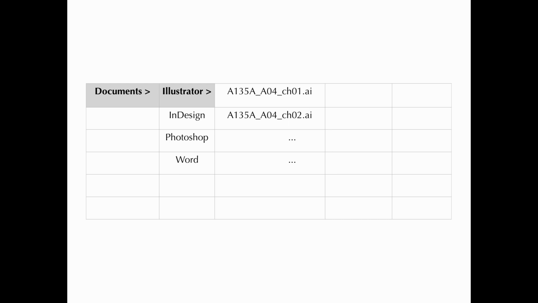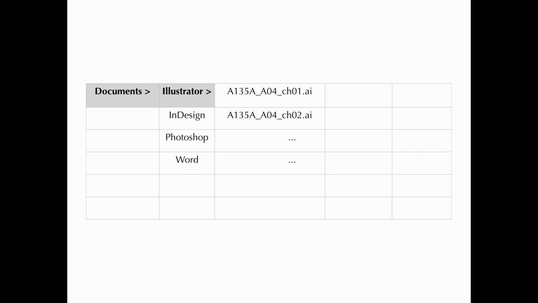But essentially, this is a stripped-down version of it. You have some folder called Documents, probably, because that's the default place that the operating systems, whether it's Mac OS or Windows, try to force you into. So chances are you probably put it there, or maybe it's the desktop. And then maybe you thought you were getting creative and getting a little bit more organized, and you said, I'll make a folder for Word documents, and I'll put all my Word documents in there.